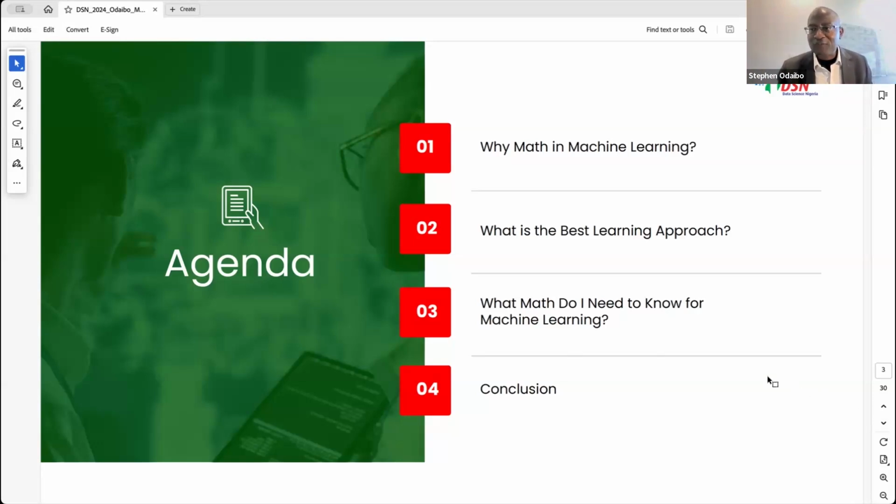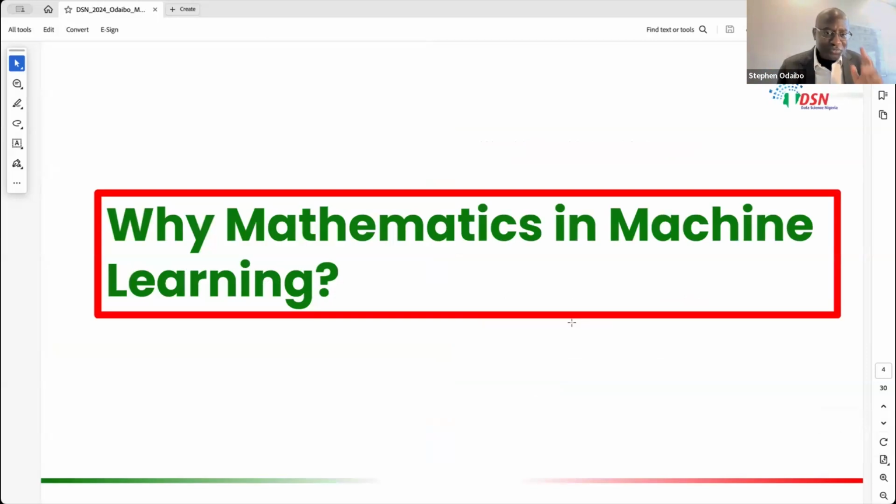So the first question that I want us to together address is why math in the first place? Why math? And then the second topic is what is the best way to learn this math? And then what is the specific math that I need for ML? Given that there's an infinite amount of math out there, you don't need everything, clearly. There are certain types of math that are essential. So that's what I want at the end of today. I want us to have that clearly in our minds about what is the essential math. First of all, why do I need math? What is the essential math? And then how do I learn the math that I do need? Okay. So,